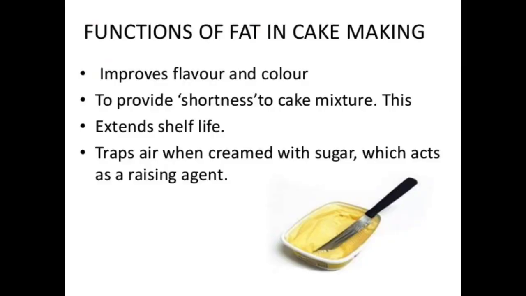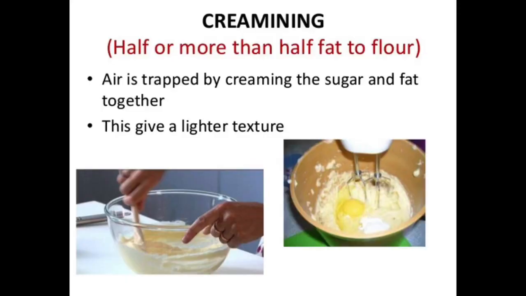It should have excellent emulsifying property. It should be white in color. It should be elastic, and it should have a temperature between 70 to 75 degrees Fahrenheit when you use it in cakes. Most important is that fat has a tenderizing effect on the flour proteins, and therefore it makes the cake tender. This is the fat part of the batter which holds the air incorporated during the creaming operation. These air cells which are produced during beating or creaming have a tenderizing effect on the cake.